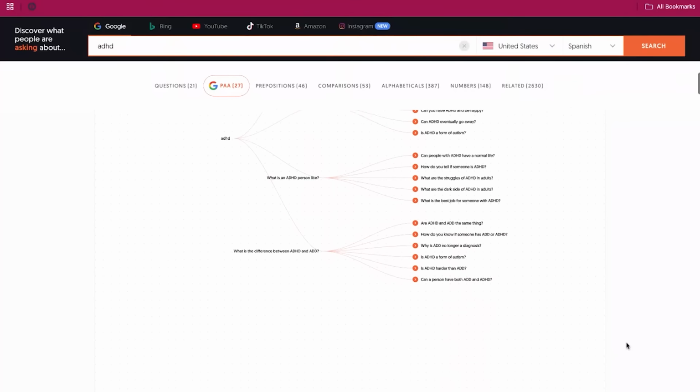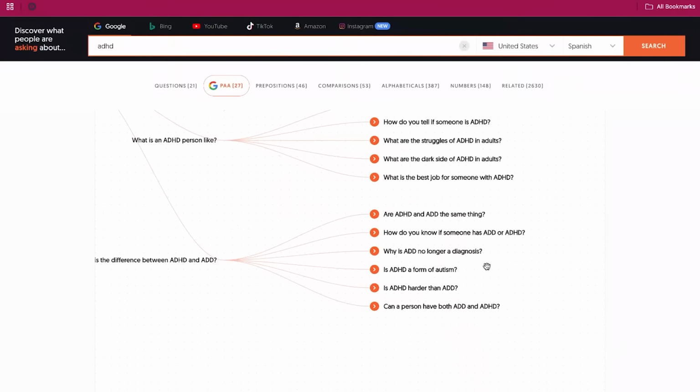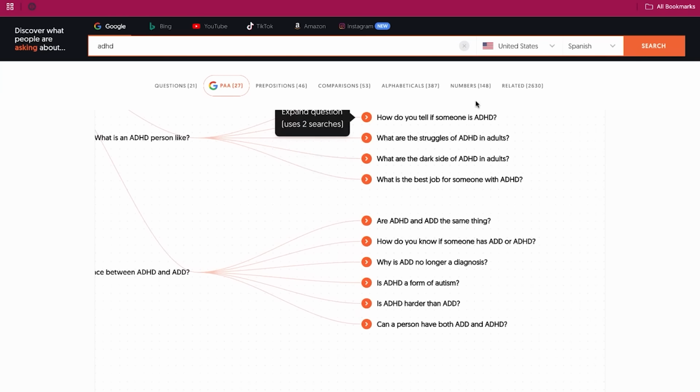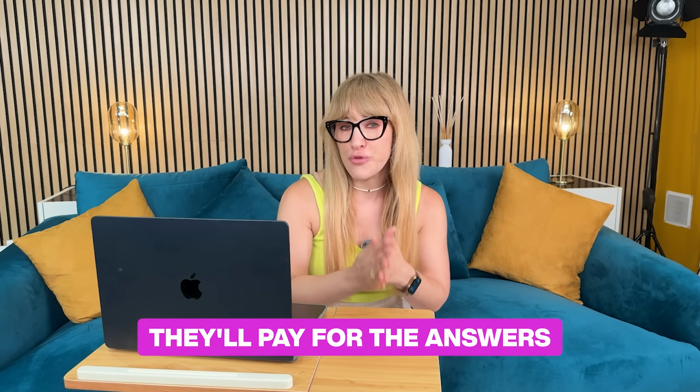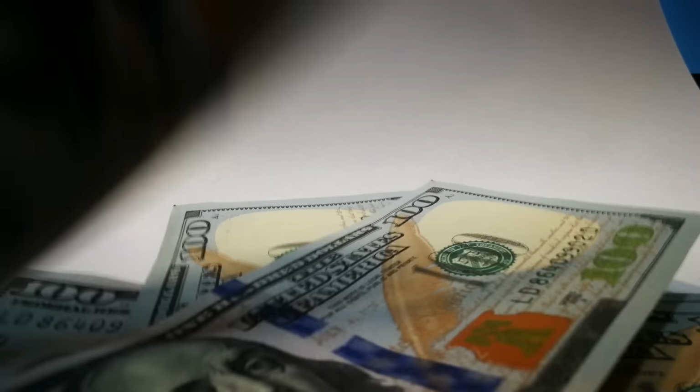So you can simply type your main keyword and you'll see real questions like how to train your puppy when you're working full-time, or what's the best camera for beginner food photography. These aren't made up problems. These are real questions from real people who need solutions. And if they're asking these questions, they will pay you for the answers. This gives you evidence that people are already spending money on similar content. So this isn't competition to fear, it's proof of demand.